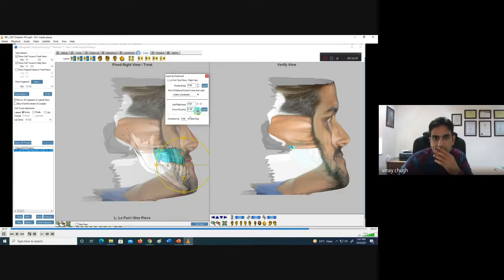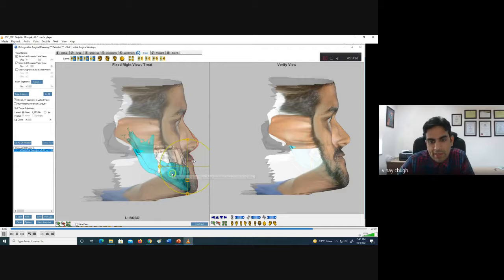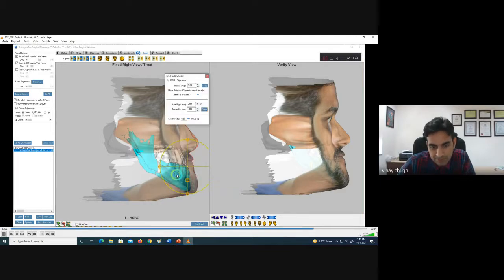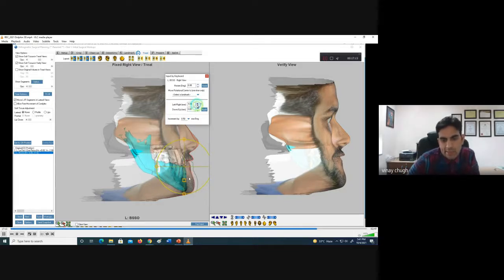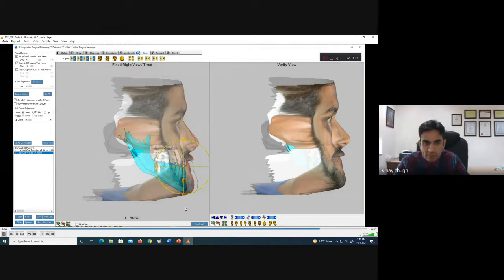So I can do it. If I want to move it down here, my soft tissue moves accordingly. So I am doing almost, let's say, 8 millimeters of maxillary advancement, and now you can see the upper lip has moved accordingly. And now I come on to the second part, the mandible. Again I select this keyboard, and let's say I am moving the mandible back slowly, and you can see that the chin portion and the soft tissue portion are moving back along with it. So this is the algorithm which is already built. You just have to place the cut.